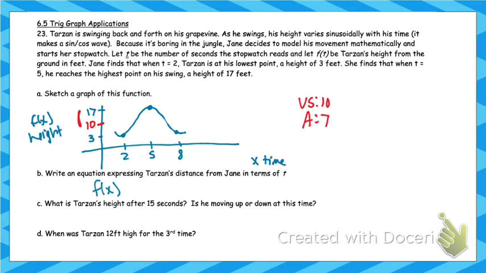Okay, the period is how long it takes to repeat. So the b value is 2 pi divided by the period. This graph repeats